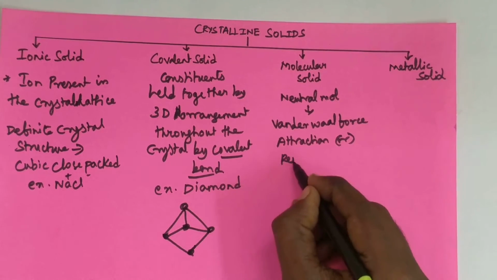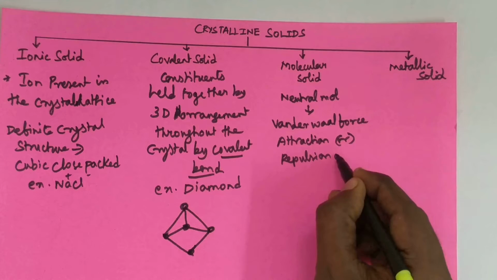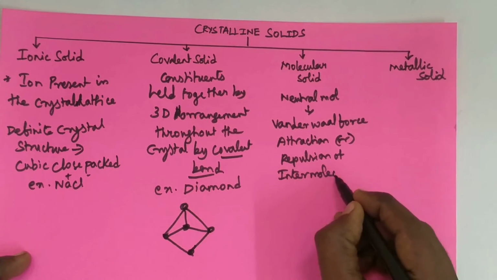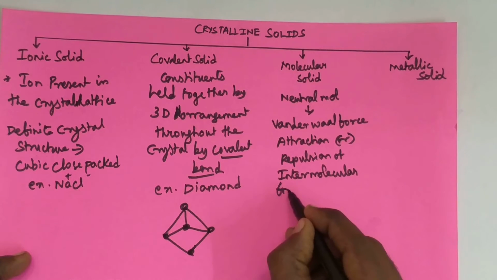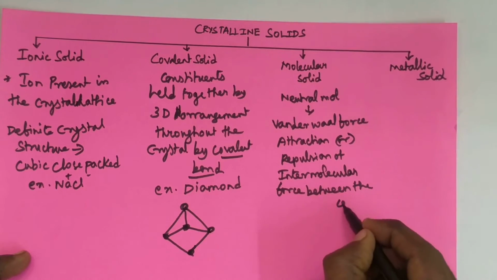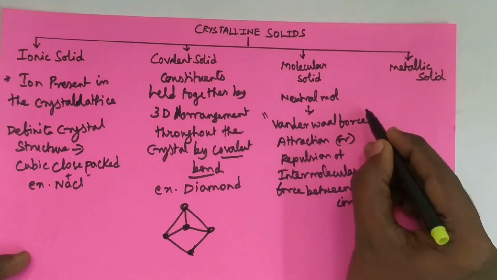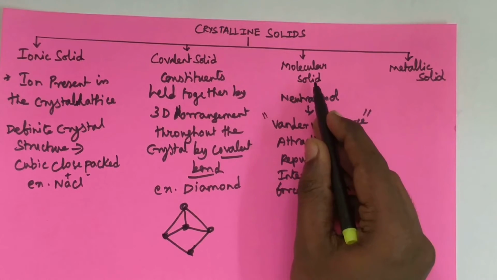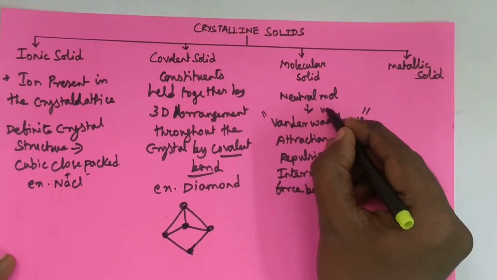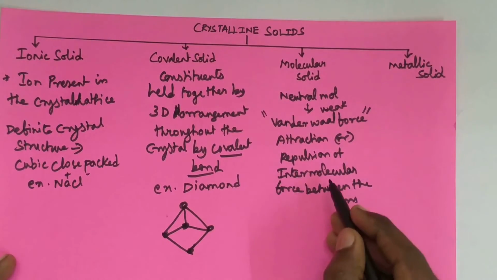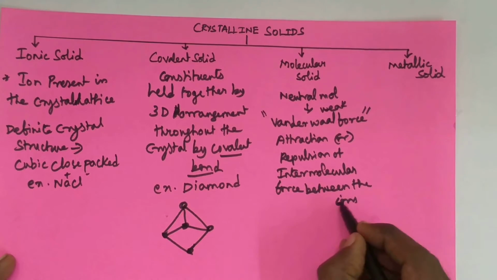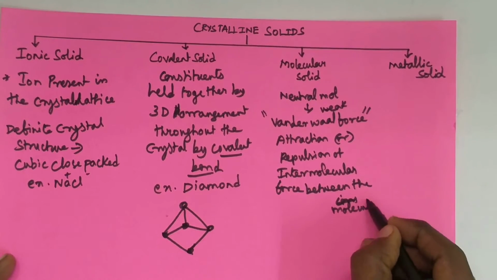or repulsion of intermolecular force between the molecules is called van der Waals force. So in this molecular solid, neutral molecules are held together by weak van der Waals force. Weak van der Waals force means attraction or repulsion of intermolecular force between the molecules, not ions, between